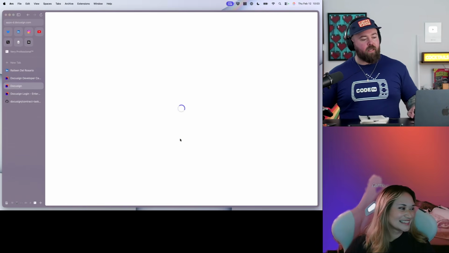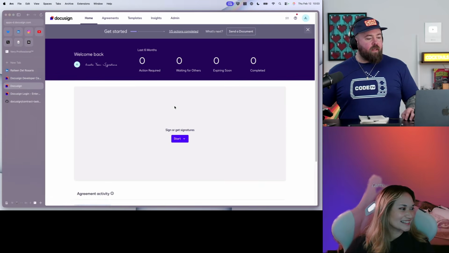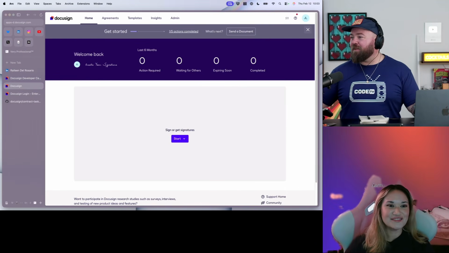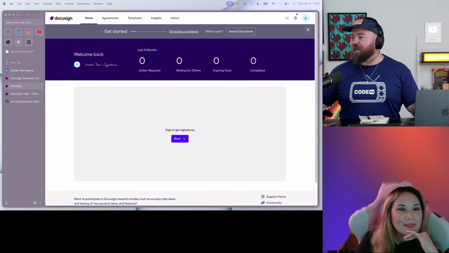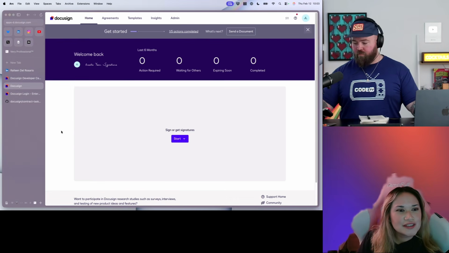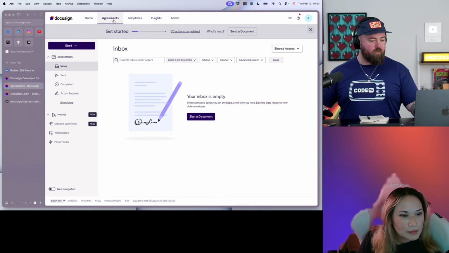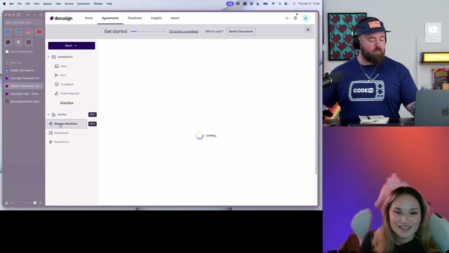Yes. So I am getting logged in, and that's the wrong place. Let me grab that link you sent me. This is my actual. Yeah, you can head to, if you click on the agreements tab there at the top. Oh, sure. Okay. Right in that left nav, that Maestro workflow. Oh, here it is. There you go.